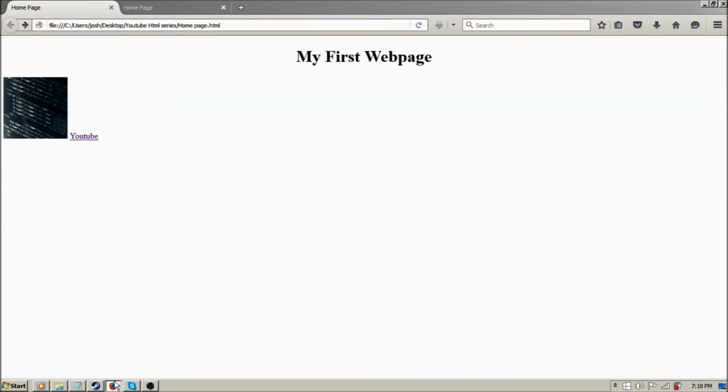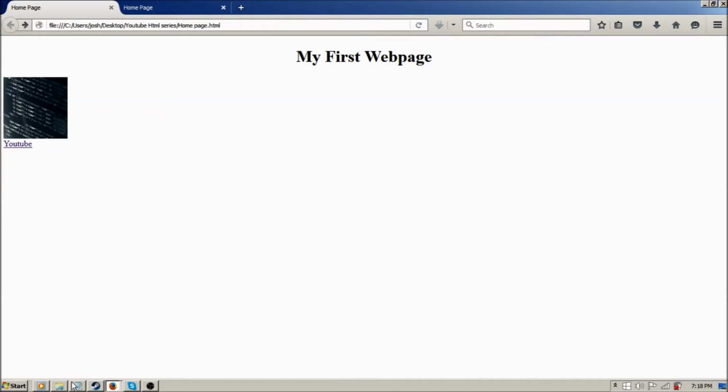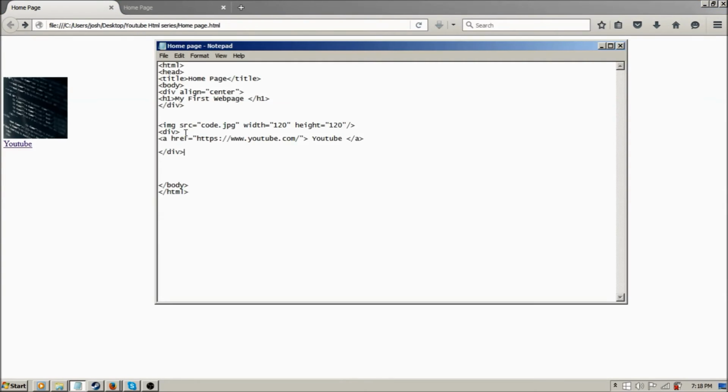So now that we're here, we'll come back to here. This is our page, and we're going to add in another little division, just so that this stuff isn't all cluttered, just so that it's on its own little deal. So now we're going to add in another hyperlink, and it's going to be to the page that we just built. So we'll use a href,